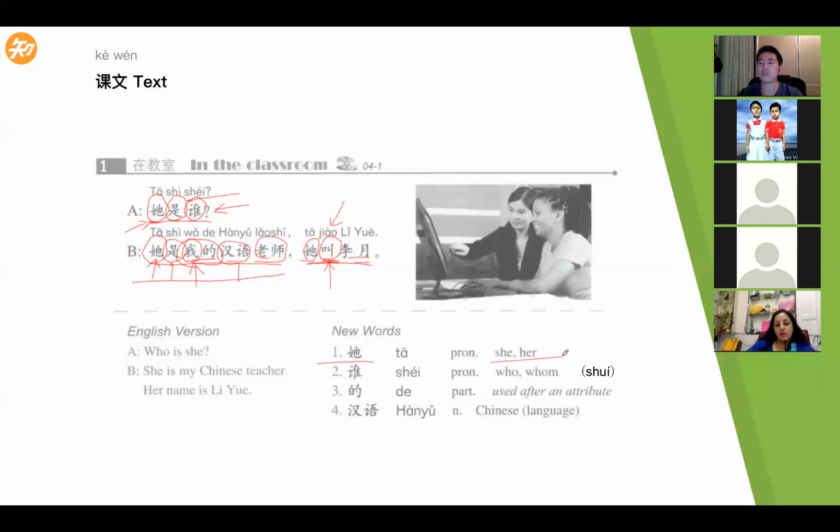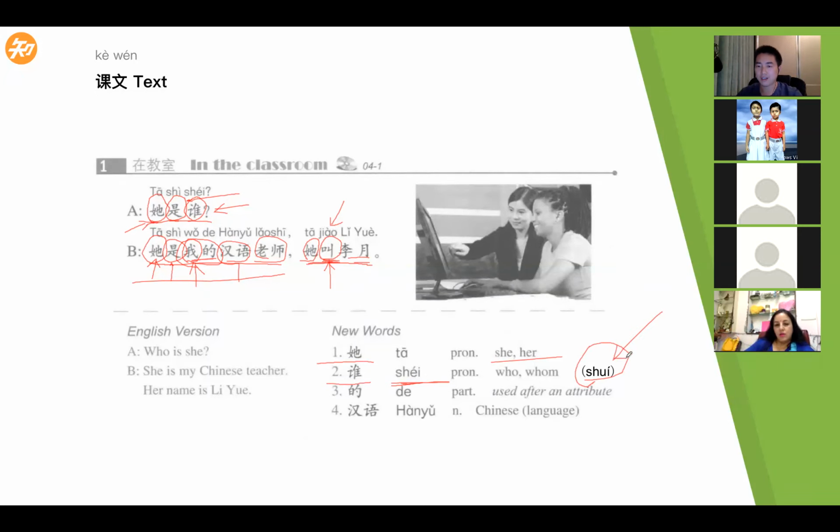She or her, because we don't have object form or subject form, different forms in Chinese. 她 can be both she and her. Okay, the next one. 谁. Pay attention, it only gives you one pronunciation, but usually for Chinese, for us, we usually use this pronunciation